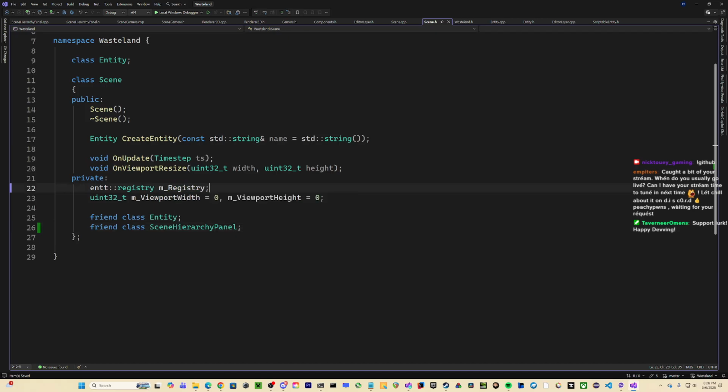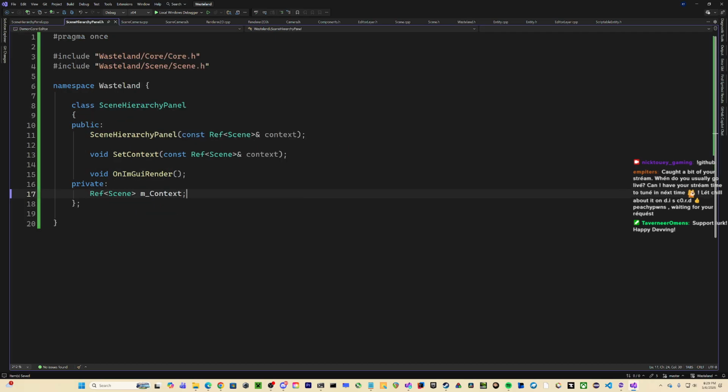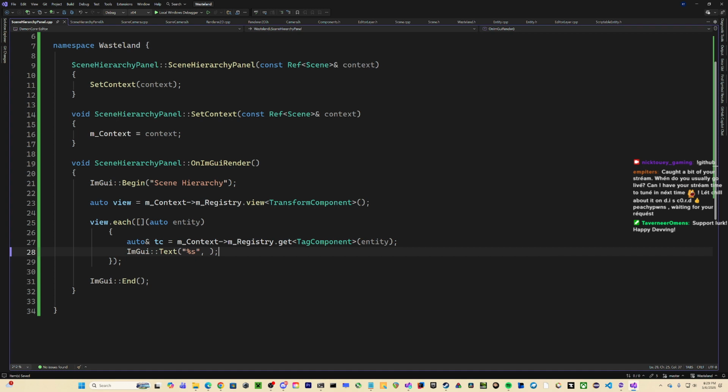That's set here as ent registry or entity registry. And then it's getting view. And then transform component. So this should work, if I am correct.